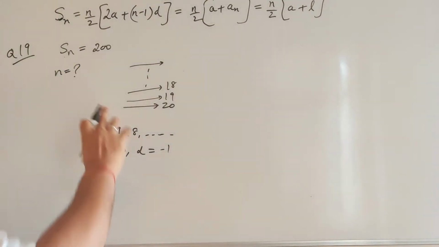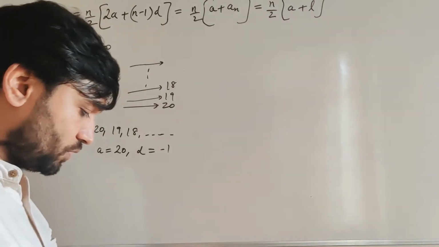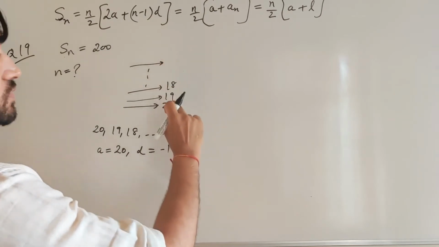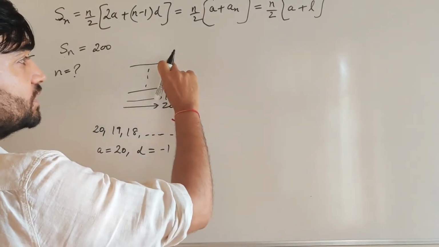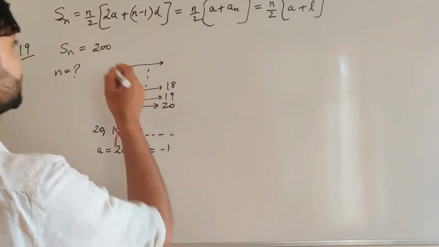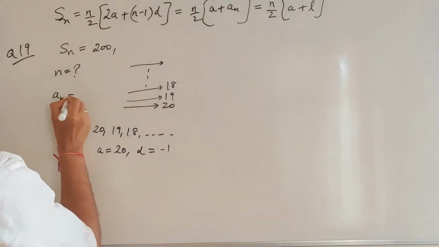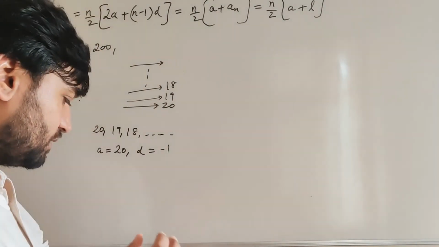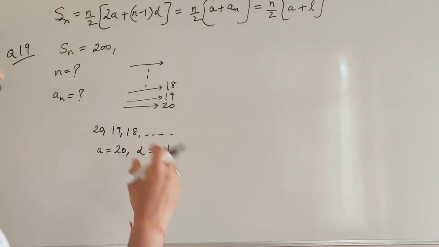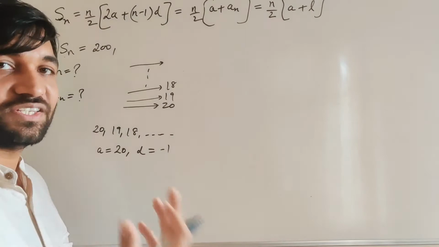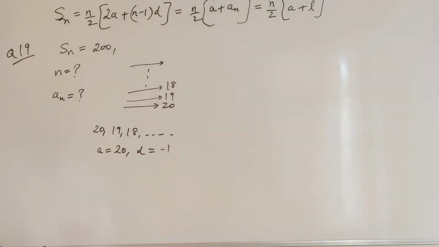Okay. So the first thing they're asking in the question is, how many rows are there? So n. And how many logs are in the top row? So according to this sequence, they're asking the nth term, the last term. So the question is an value also with a question mark. Understood? When the question is how many logs are in the top row, the top row with respect to the sequence is nothing but the last term, which is an.